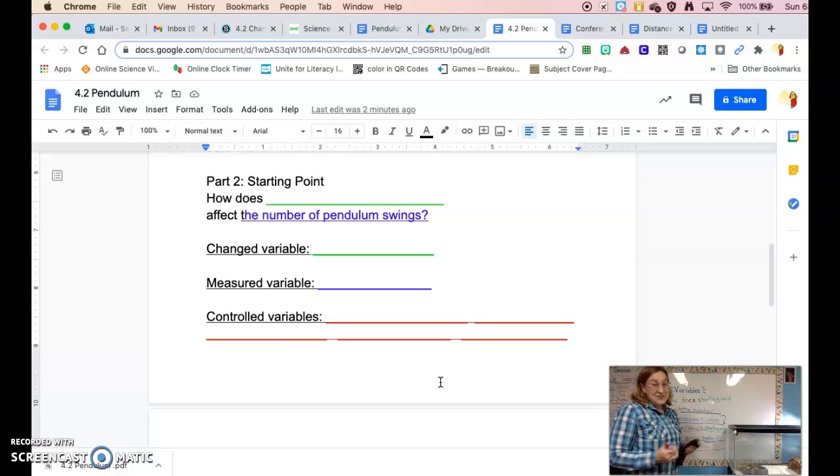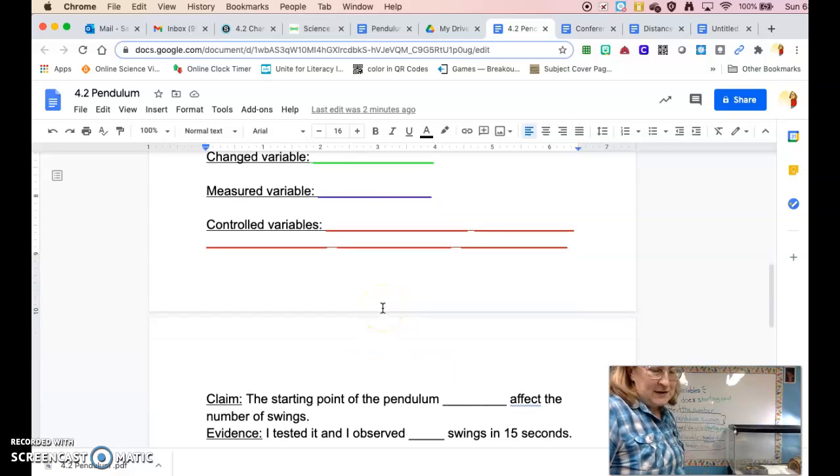Now, I just gave you many answers for part 2 for the starting point, but I'm not giving all the answers. So soon you're going to need to figure this out yourself. I'm leaving claim. The starting point of the pendulum does or does not affect the number of swings. In evidence, I tested and I observed,